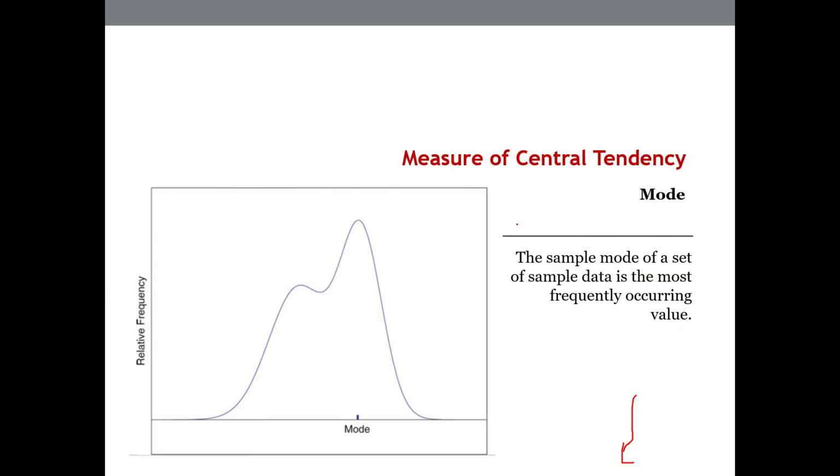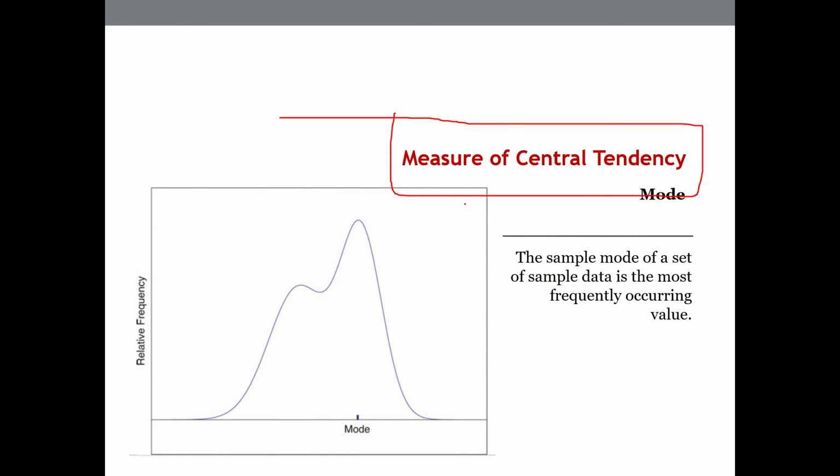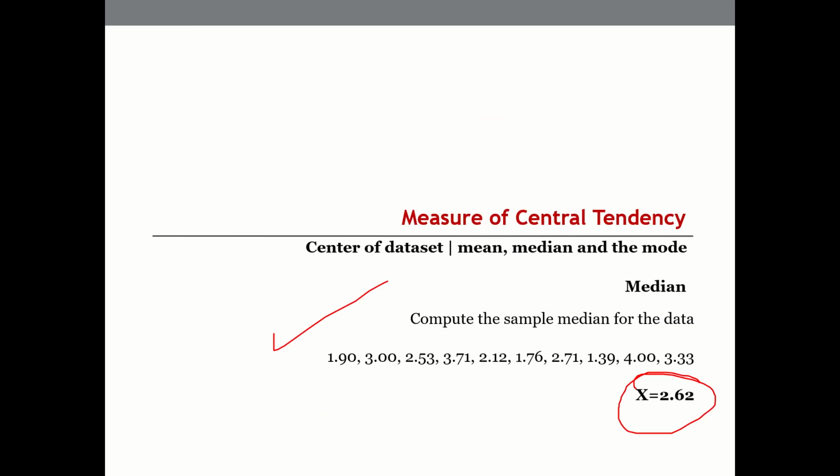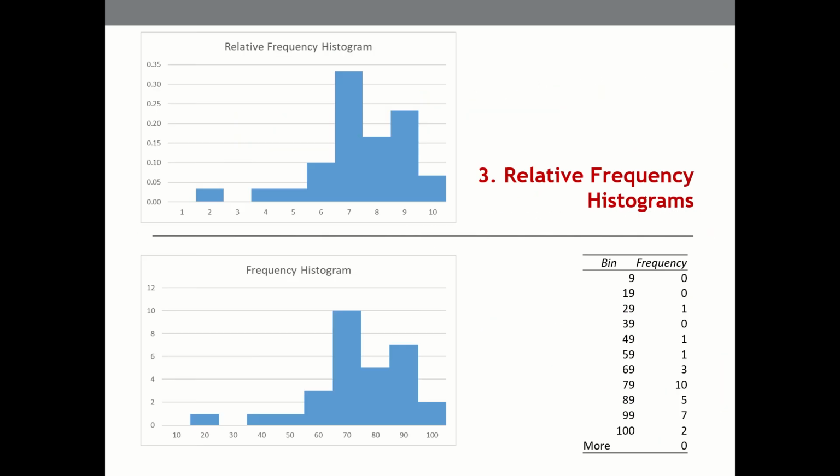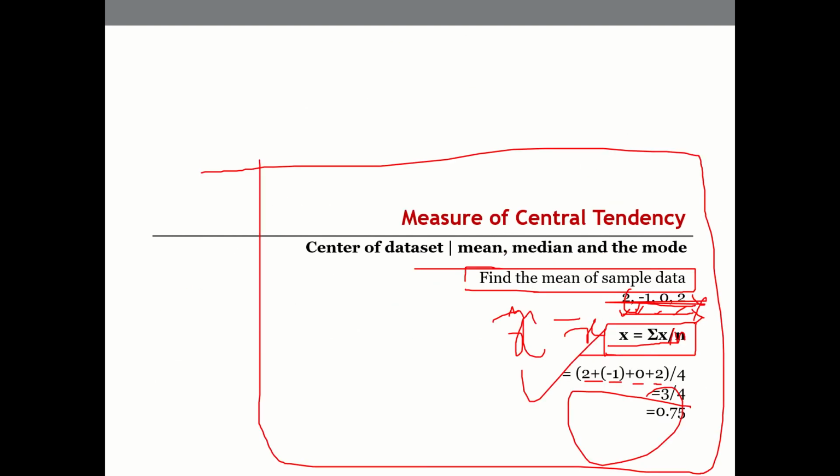The third component that we use in measuring the data set, or to understand the spread of the data set, is mode. Mode is the most frequently occurring sample. For example, let us say we have seen these numbers. Here in this case, the most frequent number is in the 70s, so the mode for this data set is 70.